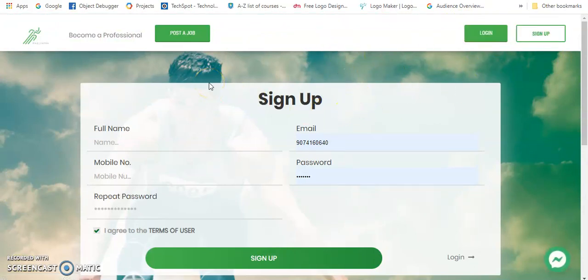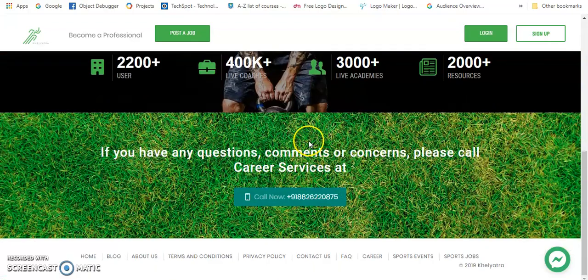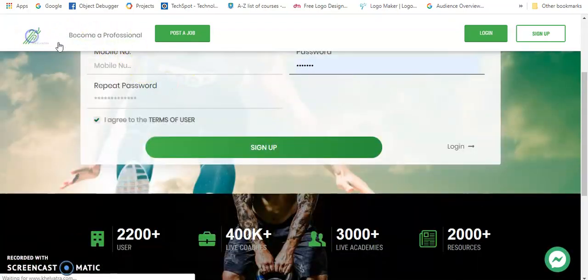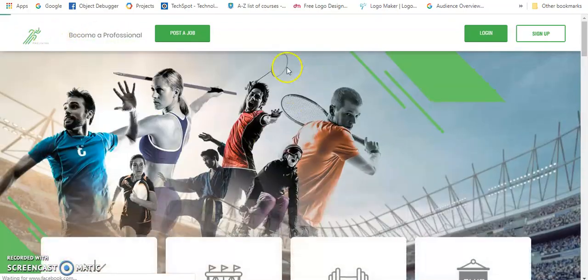But in case of a single page application, as React is a single page application, if I create this website in React and click on this sign up button, the page will not refresh, right? Within a second, this content will change. Whenever you navigate to any page of your website, only this part of the content will change, and header and footer will be fixed.